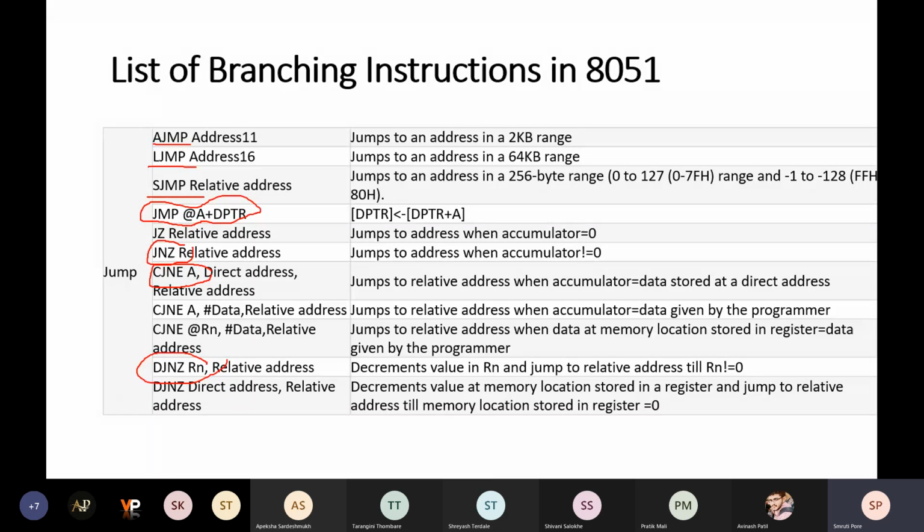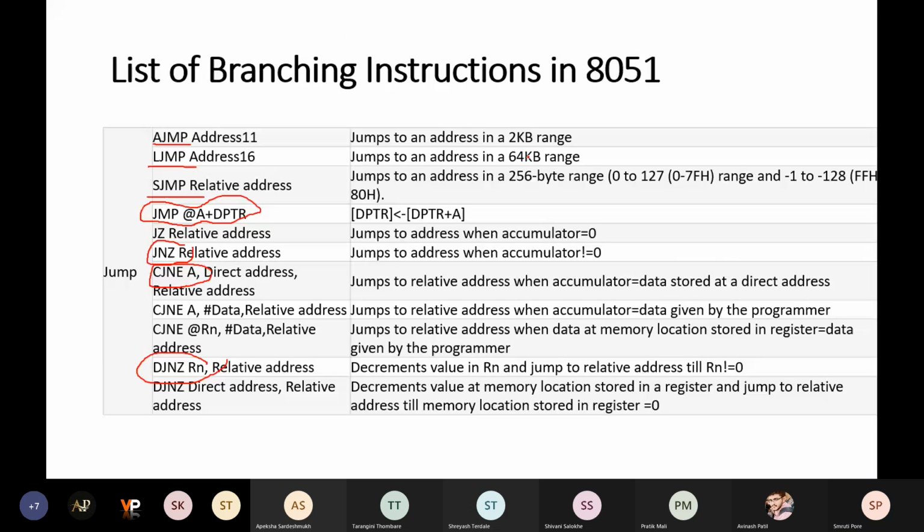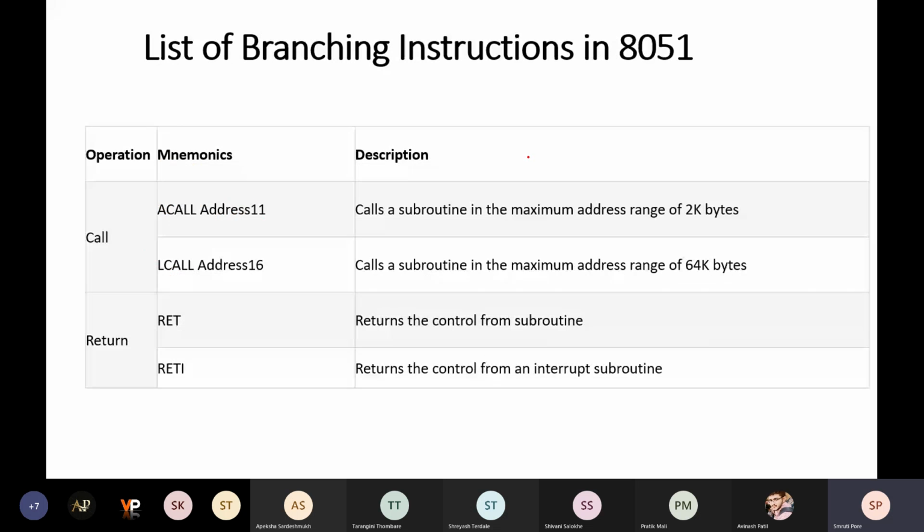Okay, so roughly you can divide it in three parts: jump, call, and return instructions. These are the three basic operations present in the branching instructions. Call and return are a separate part.